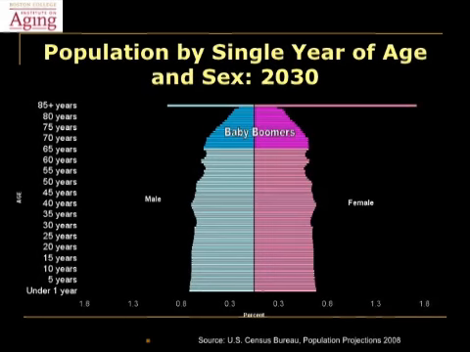Because as you follow the baby boomers through and they're getting older, you realize that along with increased longevity, we have lower fertility rates in the United States, and the population of young people is not really growing. So rather than having a pyramid where we have a whole lot of children and relatively few older people, you can see that it's getting to be more like a rectangle. And this figure shows that by the year 2030 we almost have a full rectangularization of the population pyramid. And that has major ramifications for our society.